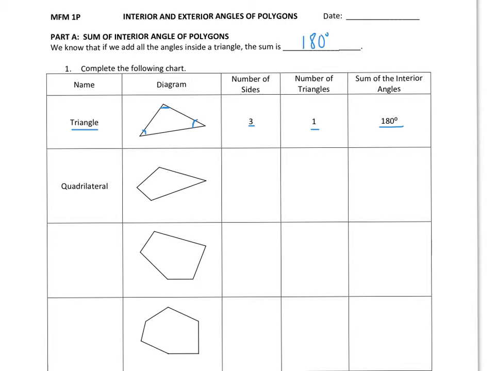180 degrees. Now we also have explored quadrilaterals, and we found that if we were to add all 4 angles together in a quadrilateral, the sum would equal 360 degrees. So a quadrilateral has 3 sides, and I wrote the number 4, and I'm not sure why I said the number 3. Let's try that again. A quadrilateral has 4 sides, and in terms of how many triangles you can break this